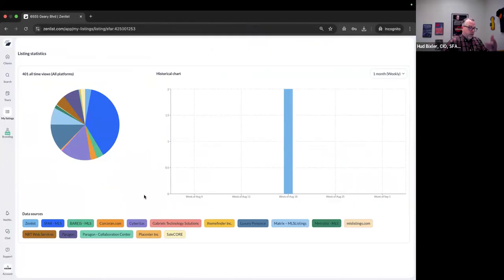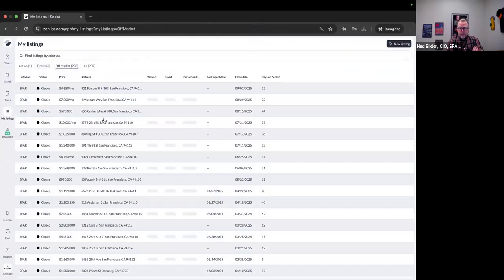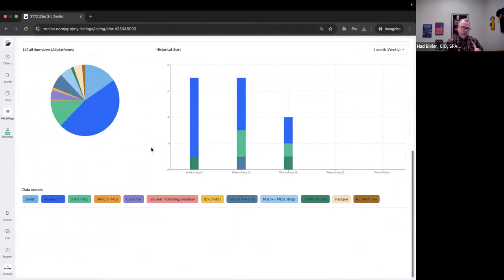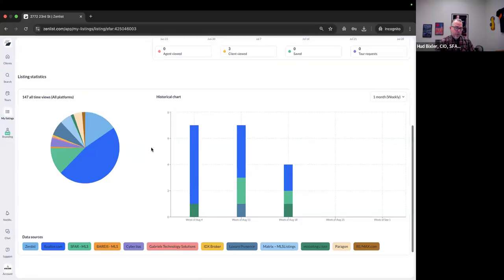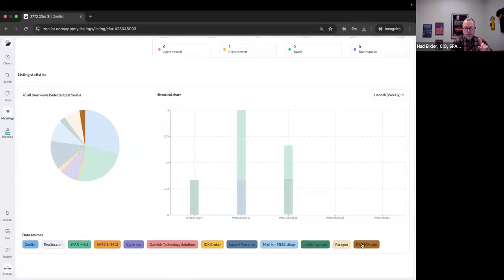This is something that we've been trying to deliver for a long time post NorCal Alliance. What you need to be able to do is show your listing client what kind of hits you're getting on your property. This not only is going to pick up the big blue section in the pie chart, which of course is Zillow, but it also picks up Realtor.com. It picks up Coldwell Banker's websites,